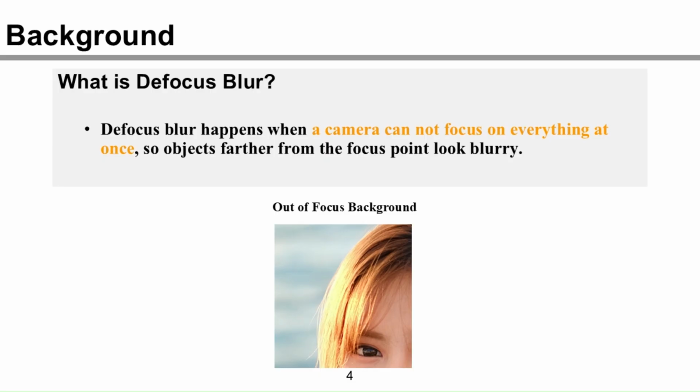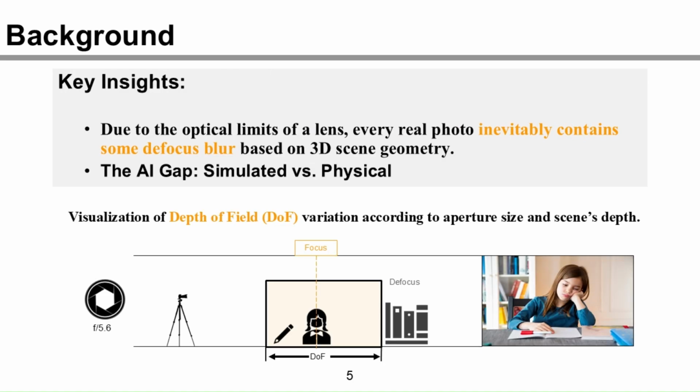But the key point is this: defocus blur is not just found in these extreme cases. In fact, due to the optical limits of lens, every single real photo inevitably contains some defocus blur. This phenomenon is governed by a principle called depth of field, or DOF, which is determined by the camera's aperture